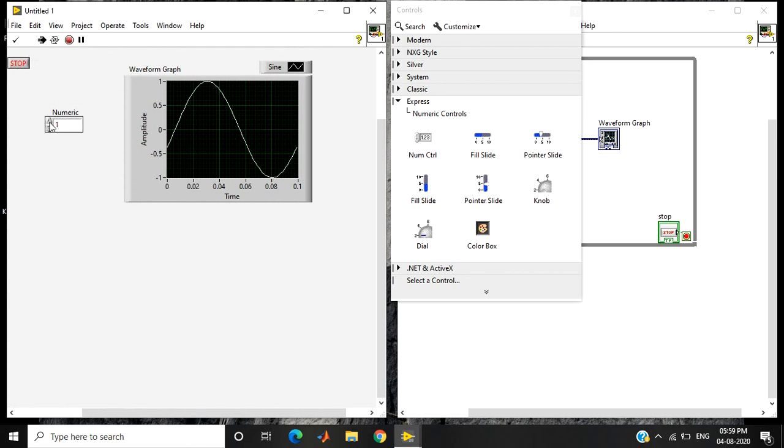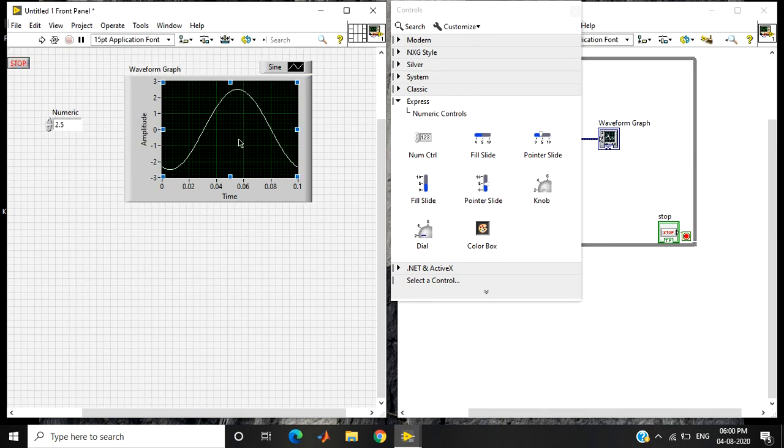You can increase it using this numeric option, where you have arrow marks for increasing and decreasing, or you can also enter the values there. You can stop and see. A sine wave with amplitude 2.5 is generated. So this is how we generate a waveform using LabVIEW, and these are some of the options that you have in LabVIEW.